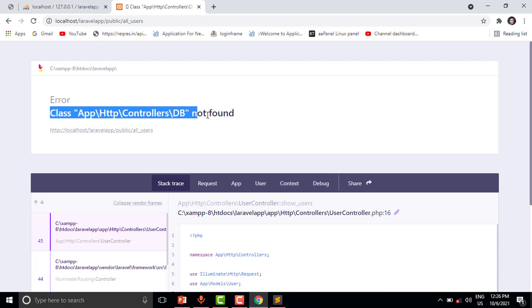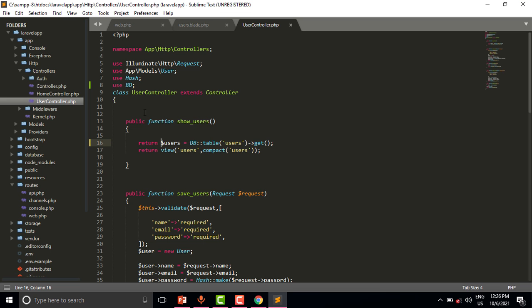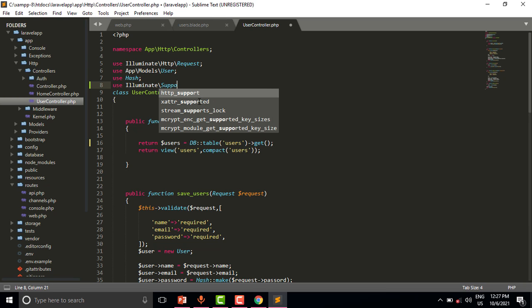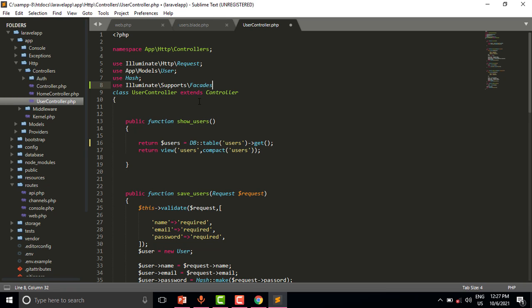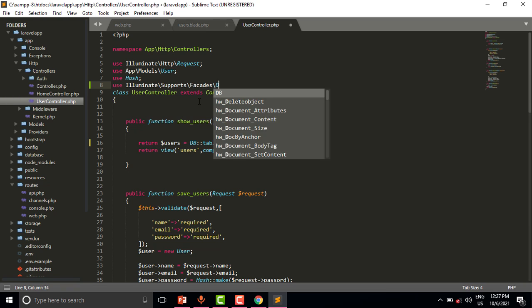Now you can see we are getting the error because the DB class in this controller is not found. So we will import it from Illuminate Support Facades DB.